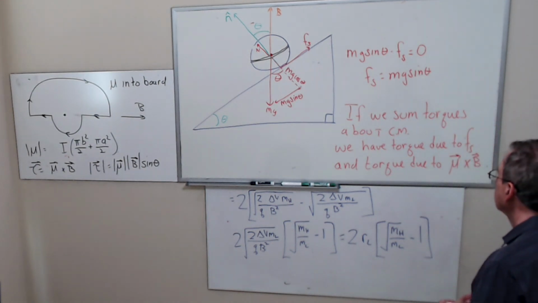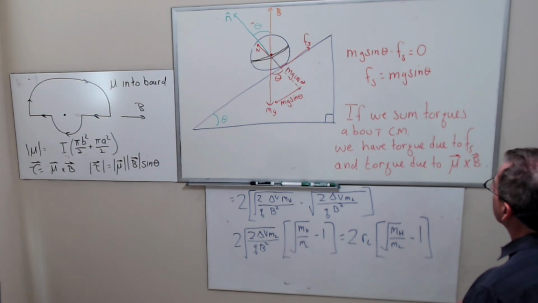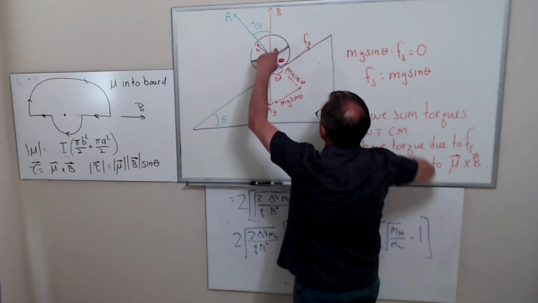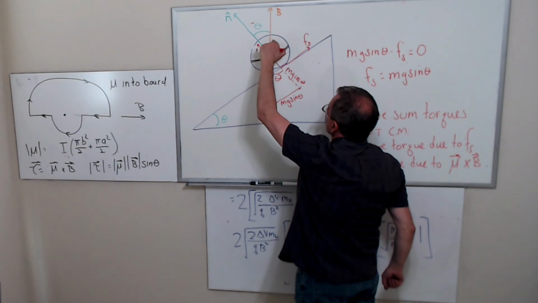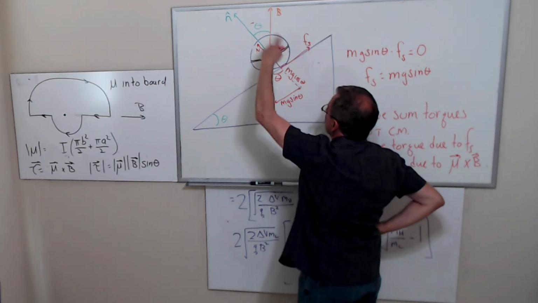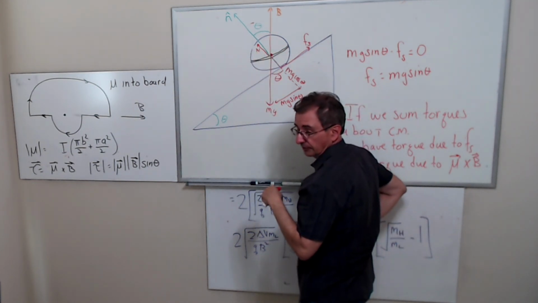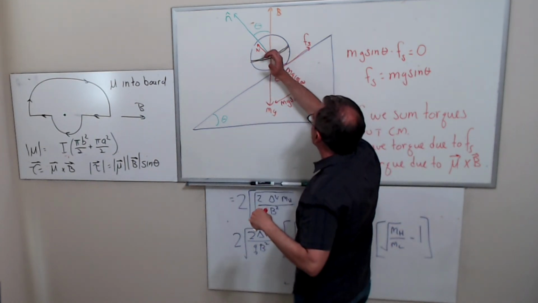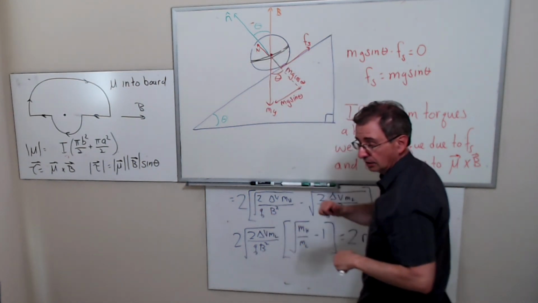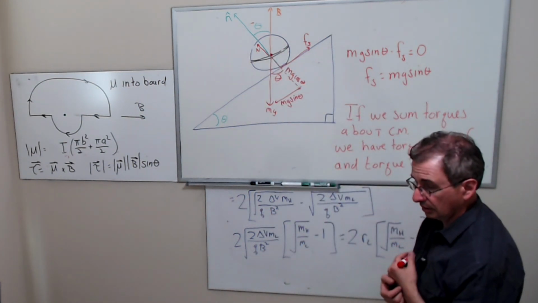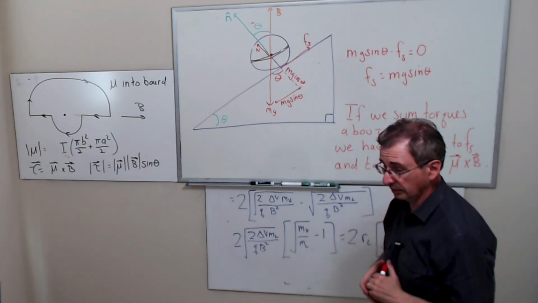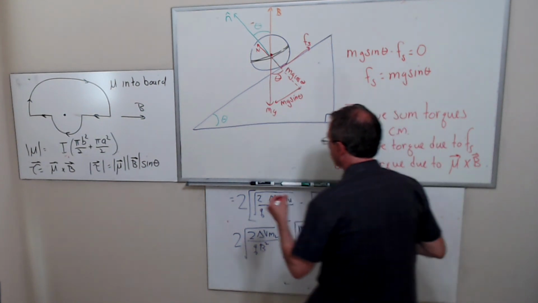I'll write it like that. So what is the direction of the torque due to F sub s? F sub s would cause, if I pull this way on it, it would cause a rotation this way, right? Yeah. Okay. So F sub s is going to cause, so the torque points out of the board. All right? The torque due to the frictional force points out of the board. So we want the torque